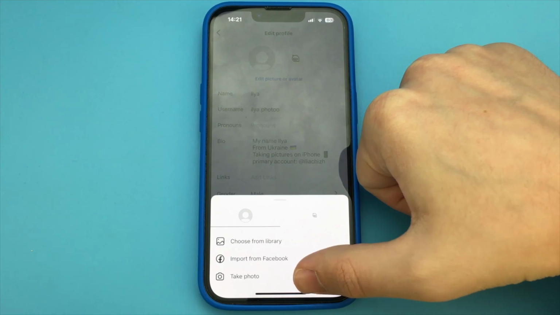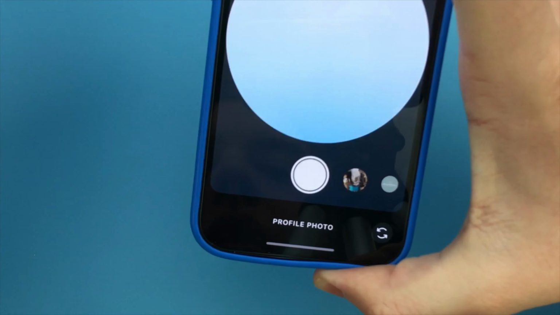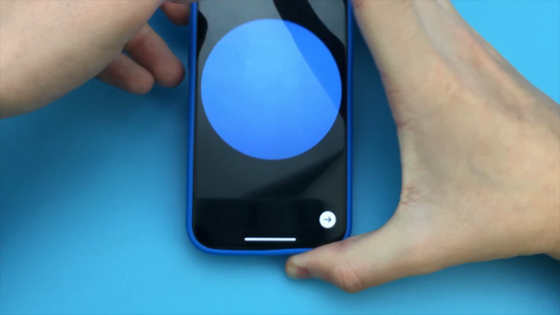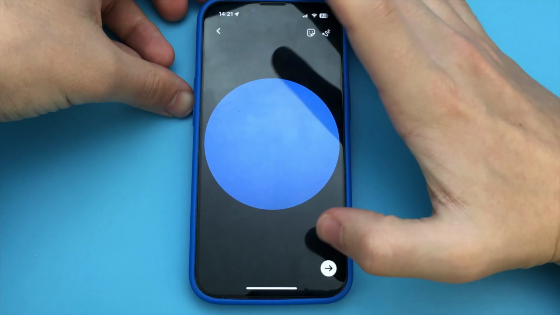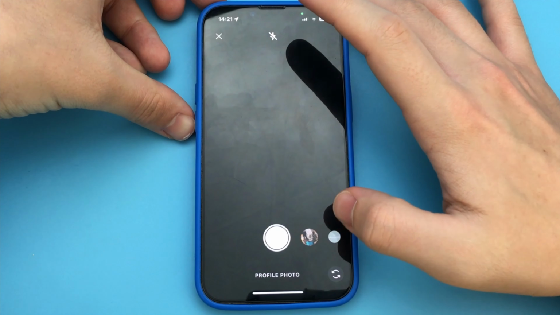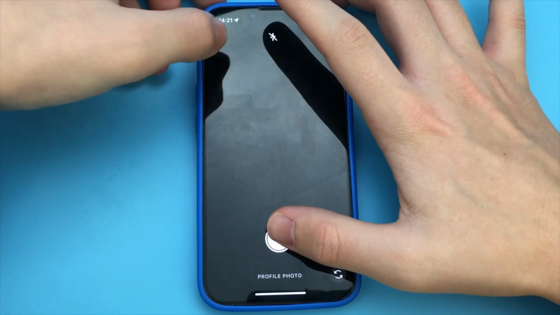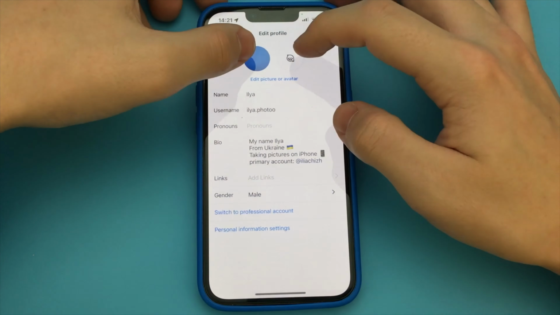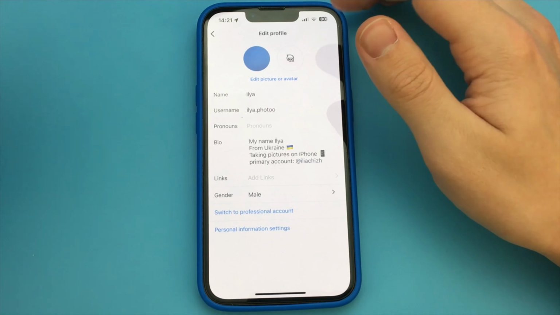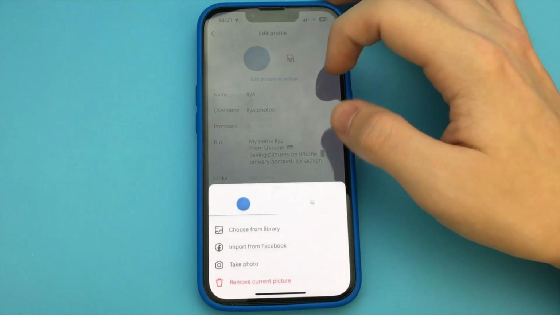And here you select the button, Edit Picture or Avatar. You click, and then you select the profile picture. You click on Choose from Library, or if we need it, we just delete the old profile picture. In order to add a new one, we go to our gallery, choose the photo we need here, and click